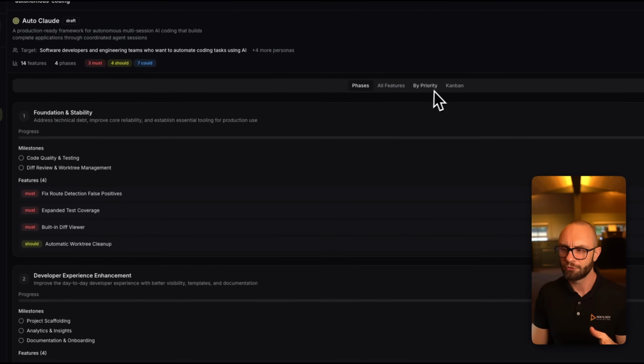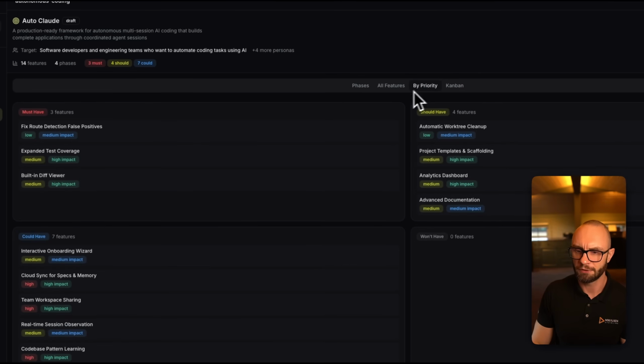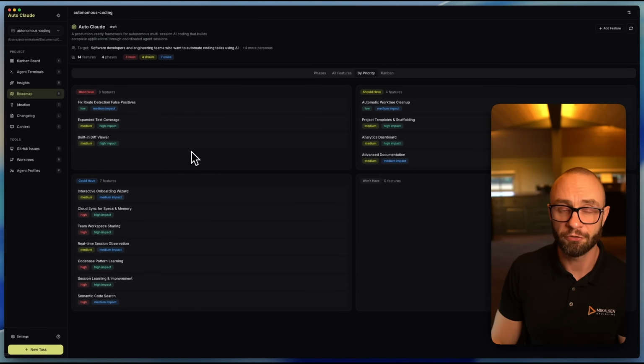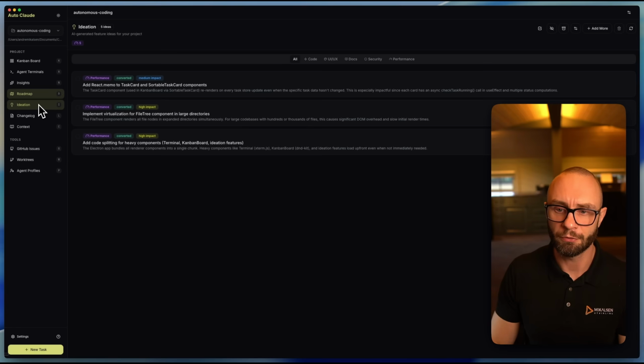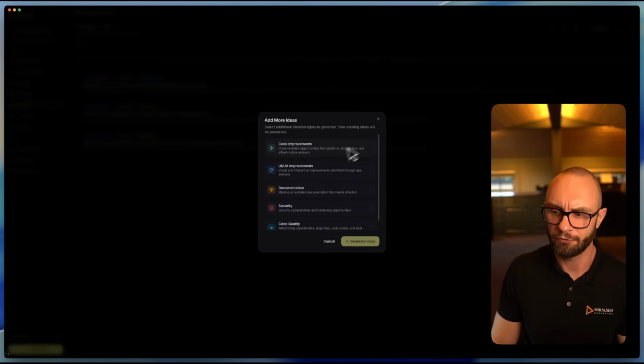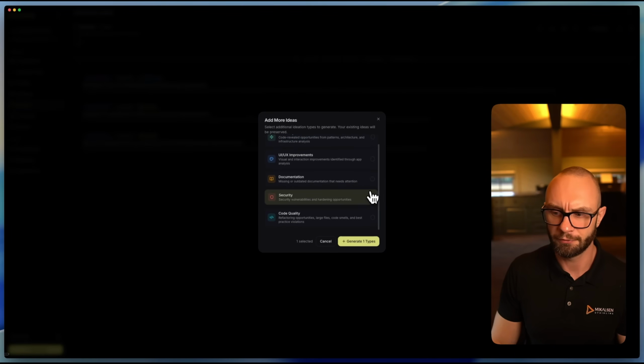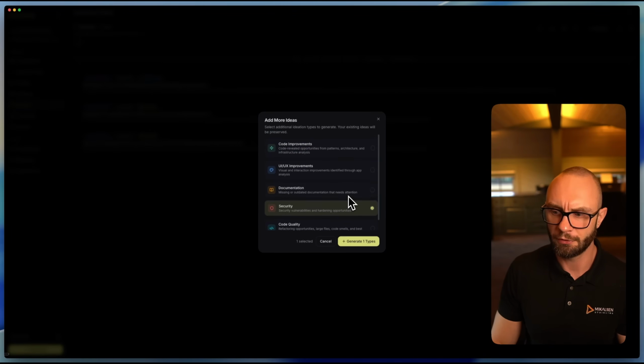So the roadmap functionality definitely is something to check out and see what it suggests that you should do for your project. But also we have the ideation tab here, where we just can get some quick tasks if you're not sure about what you should do. And also if you have something like, I just want to see, for instance, security and code improvements at a